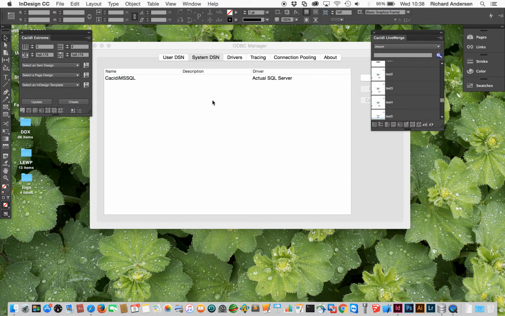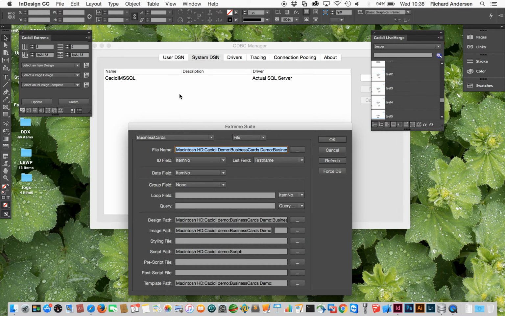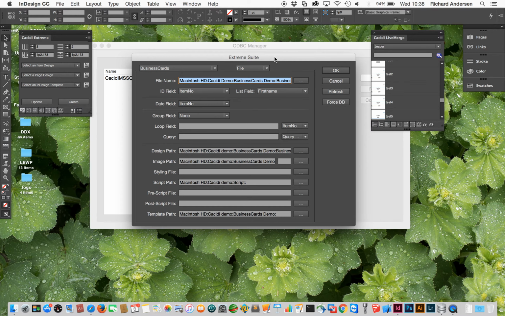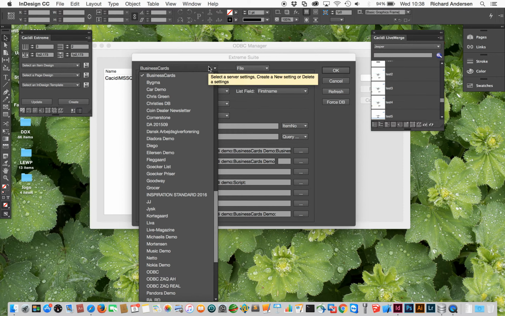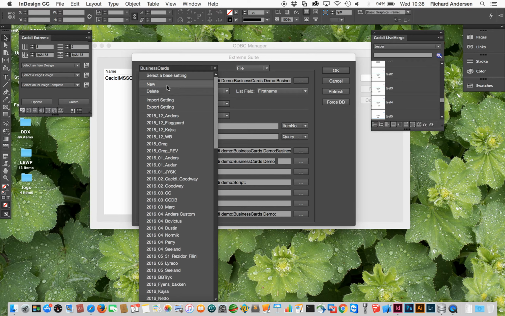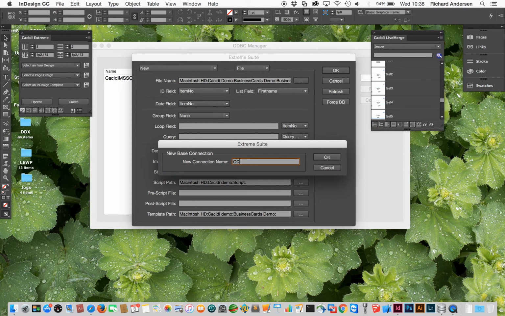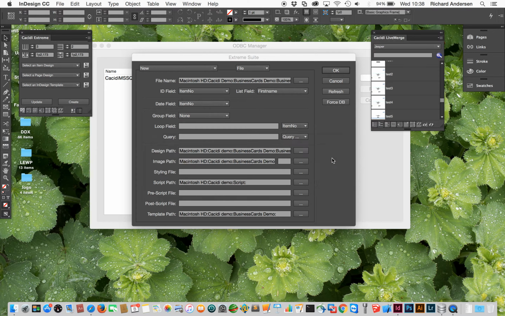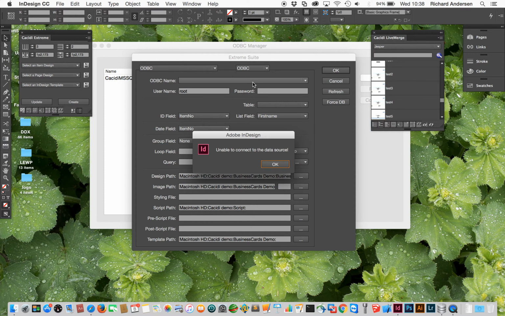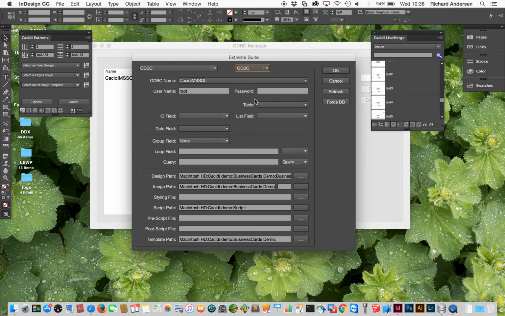The next thing I will do is go in and create a setup for my ODBC connection. I will create a new setup and call it ODBC. Say OK to that. The next thing I will do is change this pop-up to ODBC, and it says I'm unable to connect to anything, but it actually gives me a list of the different DSNs I have created. In my case, I will select this one, and of course I will need to enter my username and password